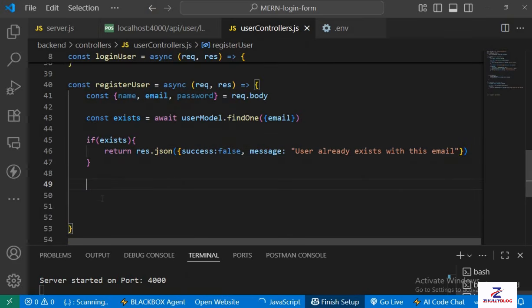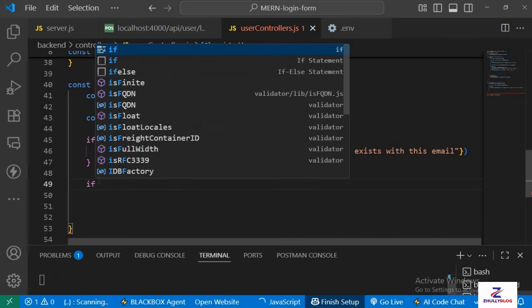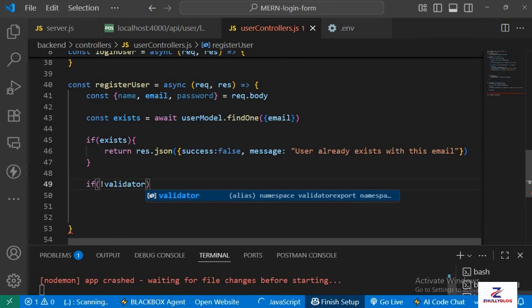Now, if the user does not exist, that means after searching our database, which is what this line of code is going to do, and then we find out that the user does not exist, we need to validate the email format using the validator package. That is why we installed validator when we were installing our dependencies. So we're going to do if, open brackets, not validator. We're going to import validator later. If not validator.isEmail,